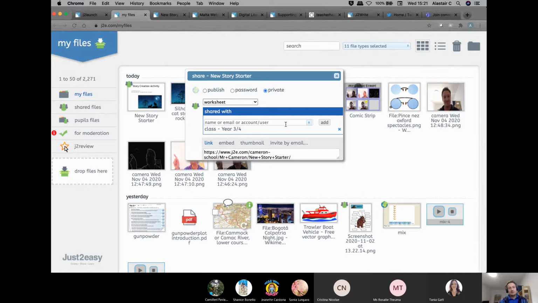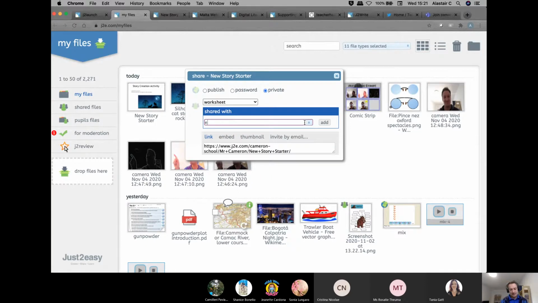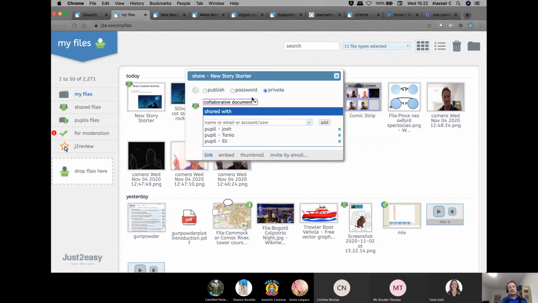However, what I would like to do in this instance is, for example, get children to work in groups so that I can let them collaborate together on a document. How I do that is, rather than just leaving it as Eli, I might want to type in and say, you know, Josh has access to this and Tanya. So I've now got 3 students, Josh, Tanya and Eli, who are all able to see this document only, but instead of it being a worksheet which they take and use for themselves, they can use it as a collaborative document. And all I need to do is click save,